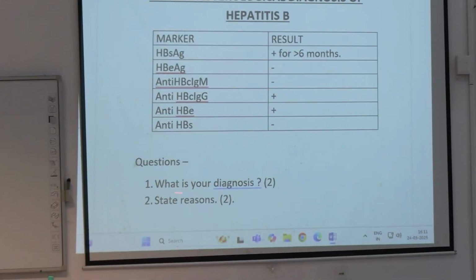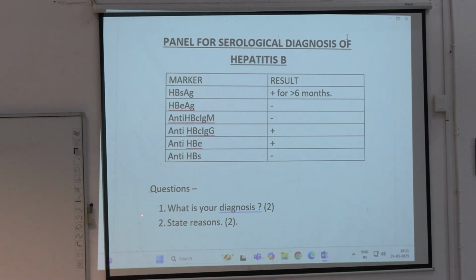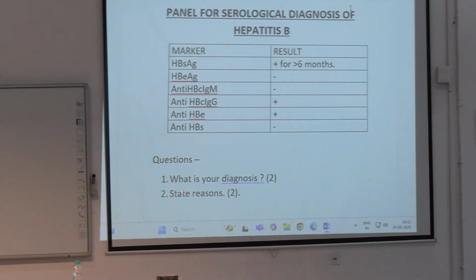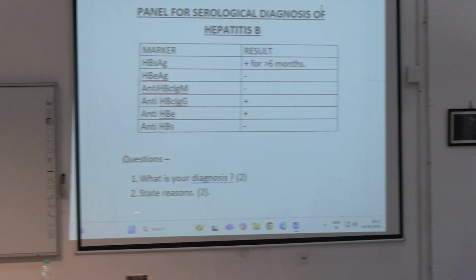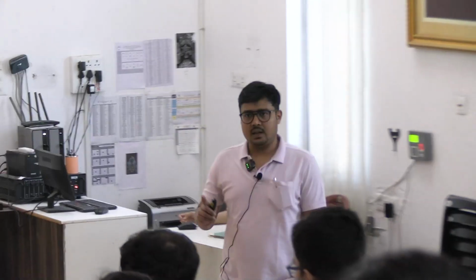So what is your diagnosis? This is a case of chronic hepatitis. The person is a carrier with low infective rate. Okay, clear? The first panel, chronic active hepatitis with high infective rate of the carrier. So the next one is,